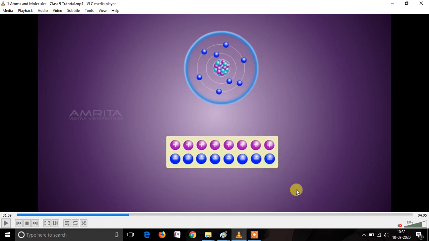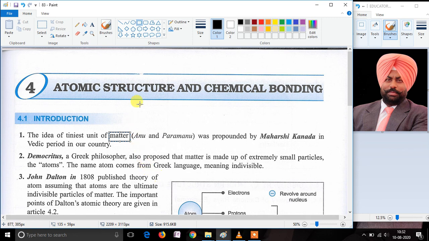Now let's see all these things which we have discussed in the book. Here you can see that some introduction is given. The introduction is the same as what we have discussed right now, though there may be a few more things. Let's discuss the introduction now. By now we have come to know that every matter is made up of tiny particles known as atoms.